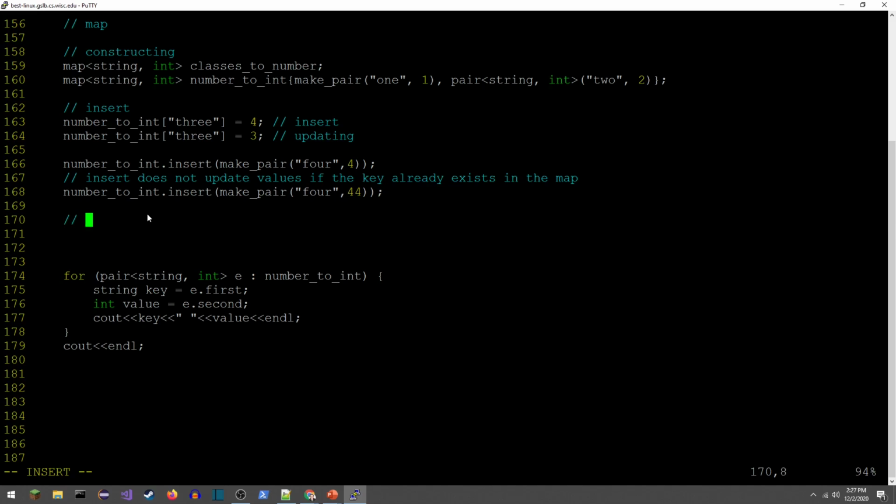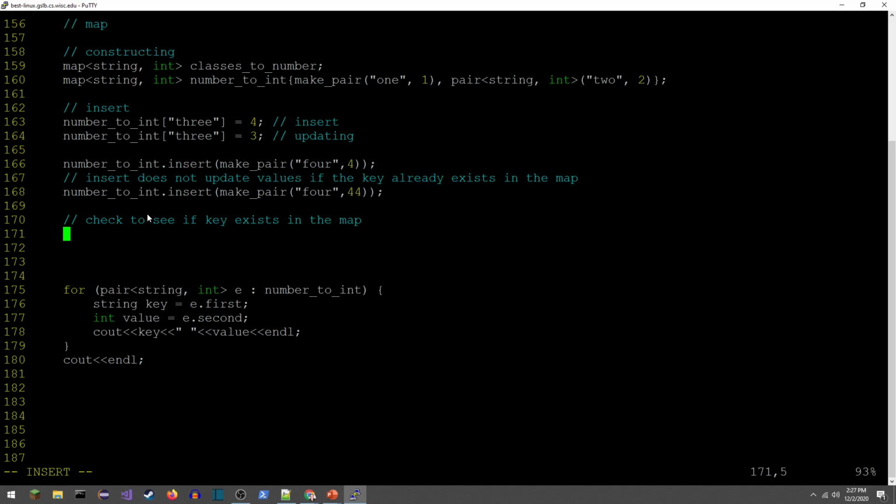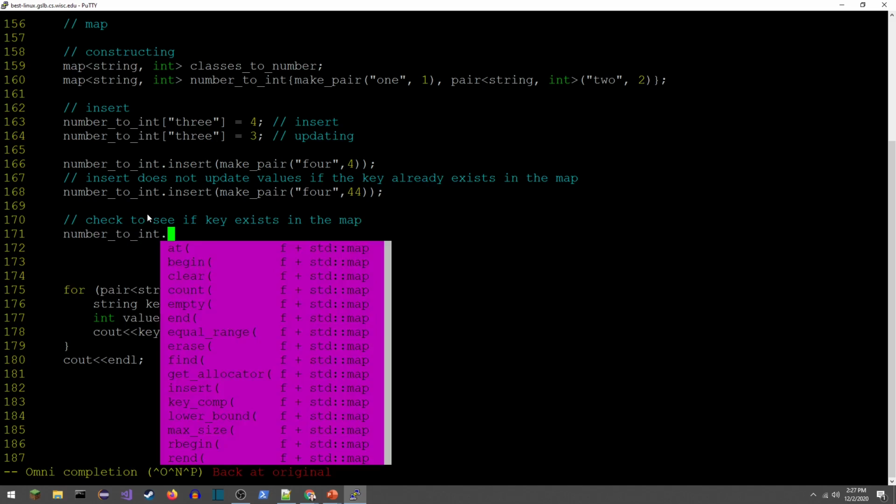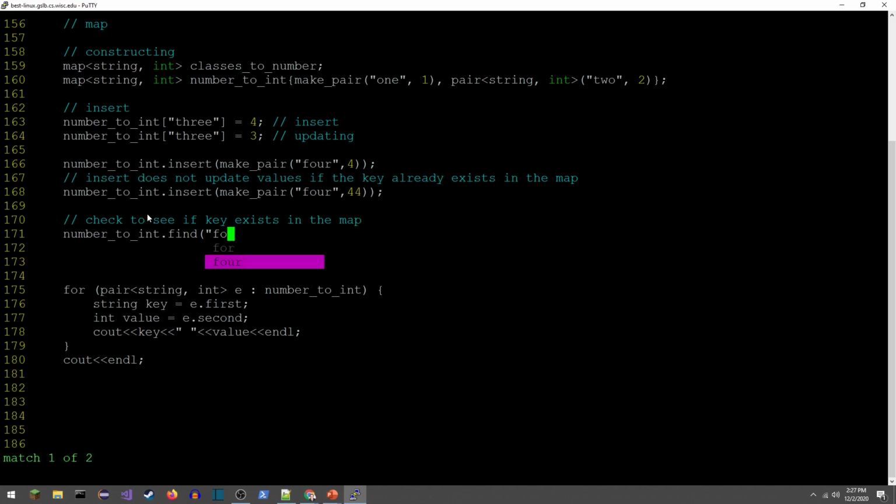All right, next up, check to see if a value exists. How about a key exists in the map? To do this, I'm going to go ahead and use find. It's a little more lengthy code than you would expect. Find is actually going to return an iterator to the value if it finds it, or it returns an iterator to end if it doesn't find it. So let's say I want to look and see if 4 is present in my map, I can do number to int.find, and I can look for 4,